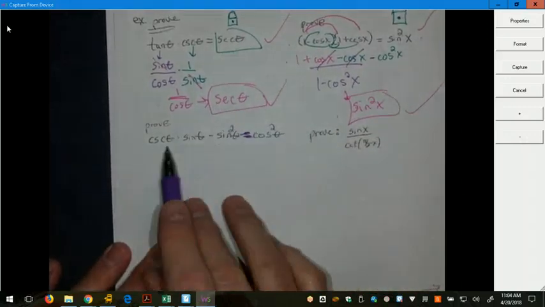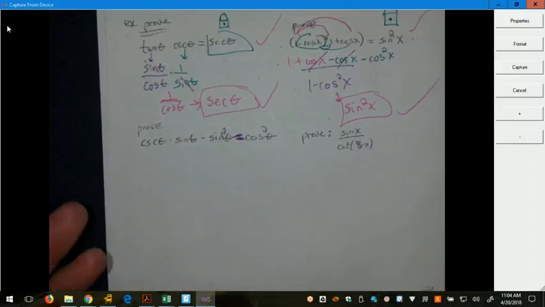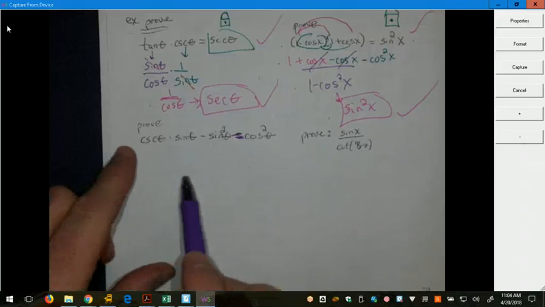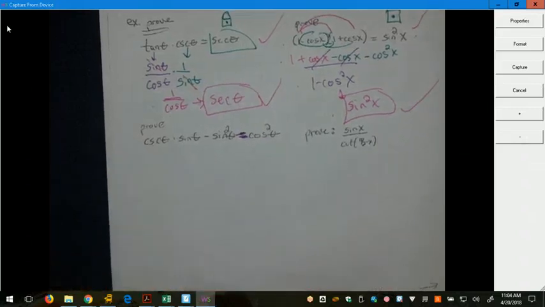See how this thing's bigger and uglier on the left-hand side? When I'm doing a proof, I usually start with the bigger and uglier side because I'm going to try to simplify it to something simpler. If it doesn't work, then I go back and try to do it the other way. So with this,